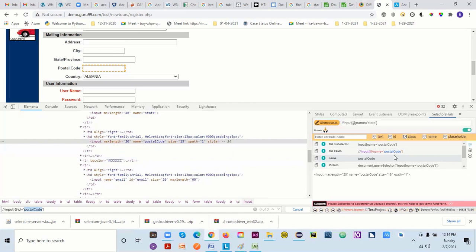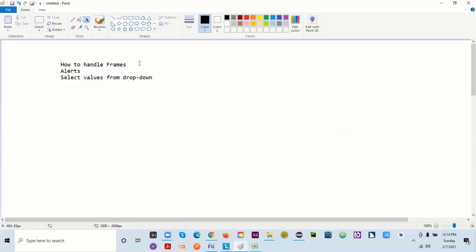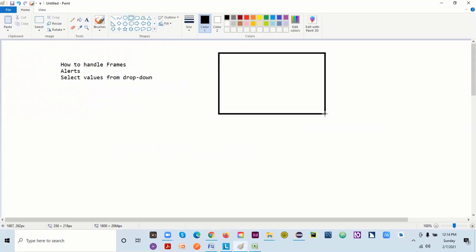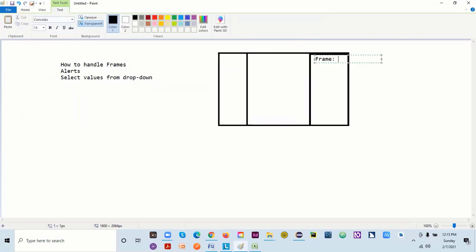So what we're going to do today, we'll be working with three things. The first thing is handling the frame. Let's say you have this page, this is my web page. In this web page, I have three frames. One frame is this one on the web page, and there's one more here. So yes, I have three frames. Suppose my content is on the third frame. I can divide my page into different frames. I have one button or link, I would say, click here link.